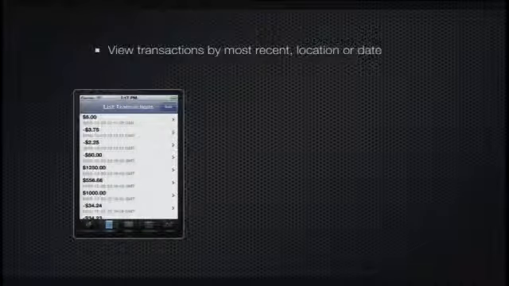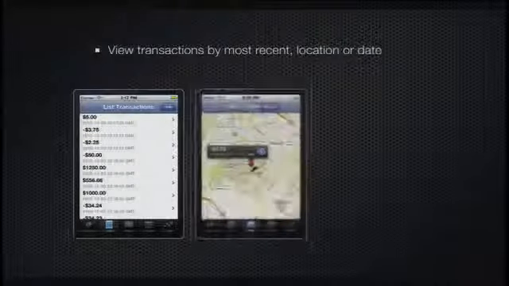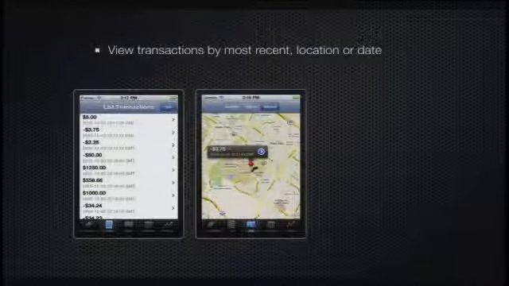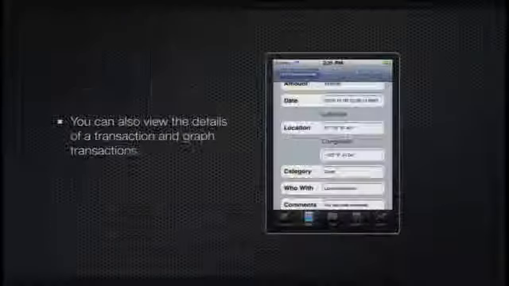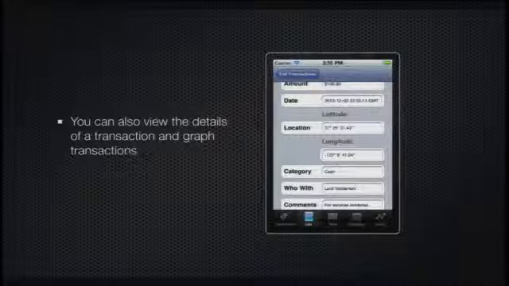So you can view these transactions in a list format from most recent. You can view them in a map, so you can map out where your transactions occur. And then you can also view them in a calendar. And there's also functionality of viewing it in a graph as well. So in each of these formats, you can view the details of each transaction through a detailed page, and also